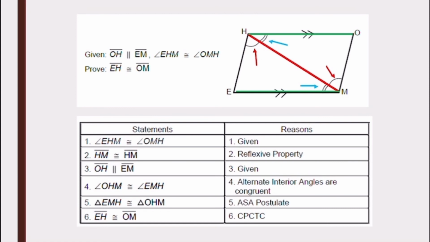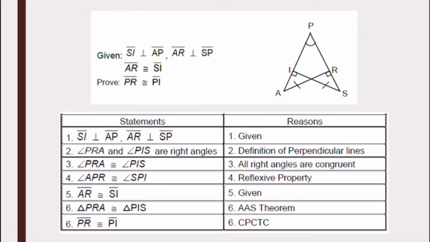This means that triangle EMH is congruent to triangle OHM by ASA postulate, and line segment EH is congruent to line segment OM by CPCTC. Now, for our last example,